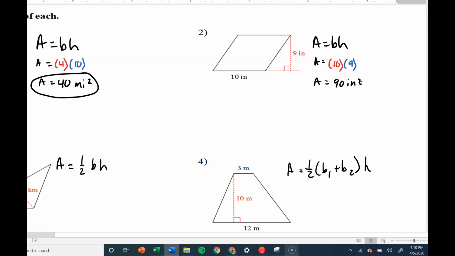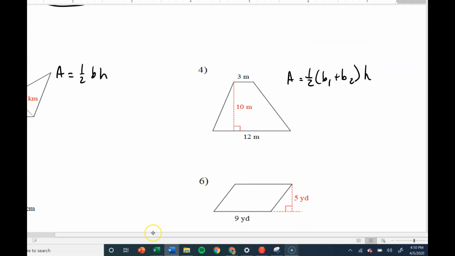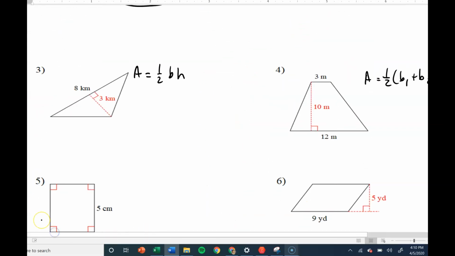If you need to pause the video to make sure that your paper looks exactly like my paper right now, that might be a good idea for you, including drawing the shapes. Right? Skip a line, and then I want you to write number 3. So it's a triangle that's kind of sideways with the height right in the middle. So our formula for a triangle is area is equal to 1/2 base times height. So I've got area is equal to 1/2 of my base, which is 8,